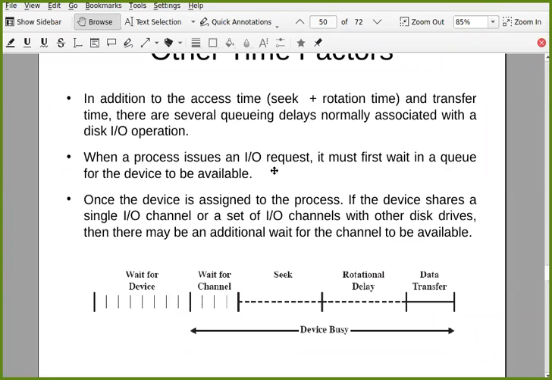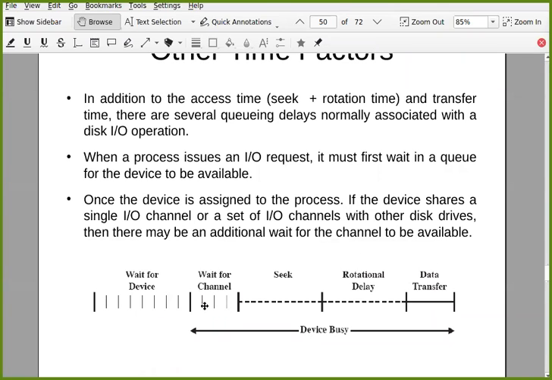When a process issues an IO request, it must first wait in a queue for the device to be available. This is a queue, and you need to wait your turn to get the device. Once the device is assigned to the process, if the device shares a single IO channel or a set of IO channels with other disk drives, then there may be an additional wait for the channel to be available.